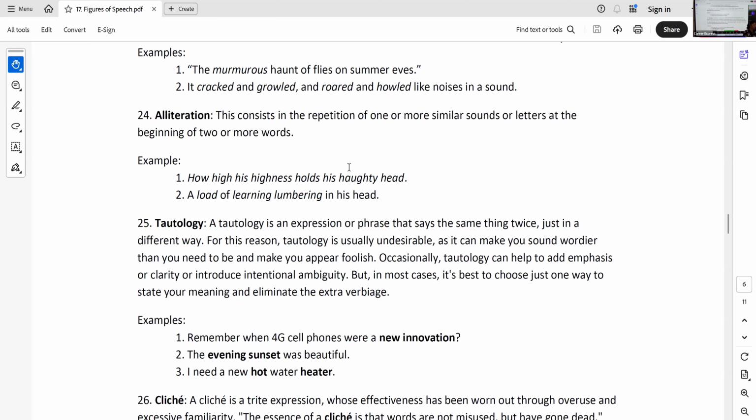Is there a problem? Even if it is repeated 2 times, it is an alliteration. Write down a breakfast of berries. A breakfast of berries is an alliteration. If you see something repeated, the first letter or the first sound of subsequent words being repeated, it is an alliteration, right?